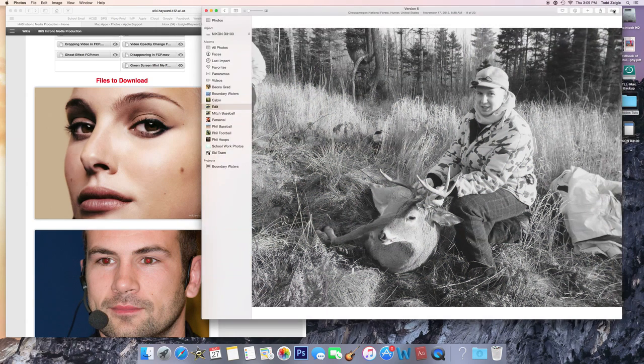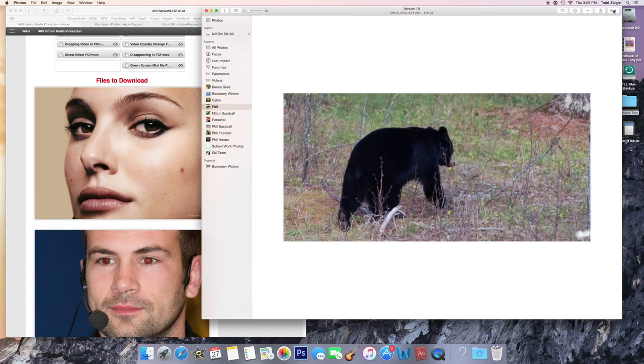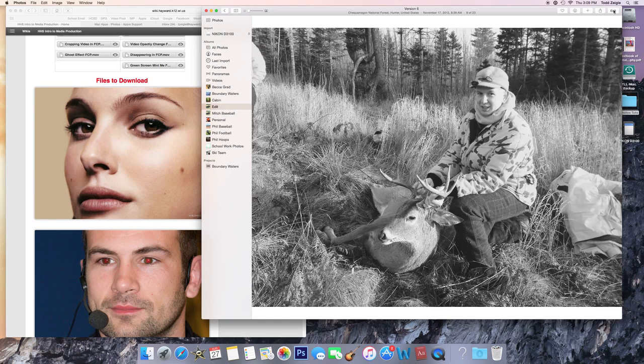Done. Now I could also arrow through these. Like right now, if I hit the right arrow, it should take me to the next photo. See, I'm using my left arrow now to go backwards. So here's the original, here was the first edit, here's the second edit, here's the next one now that needs